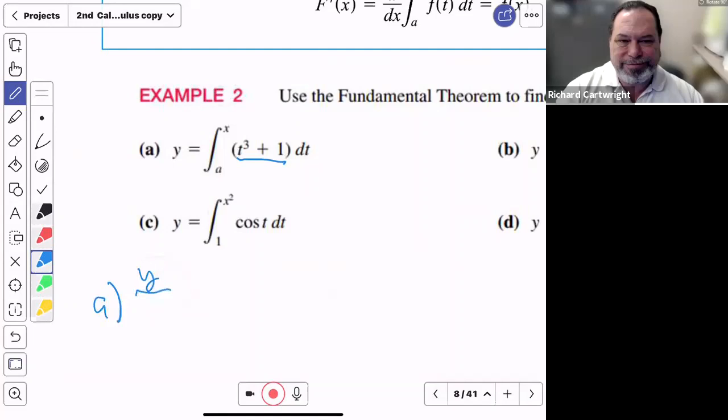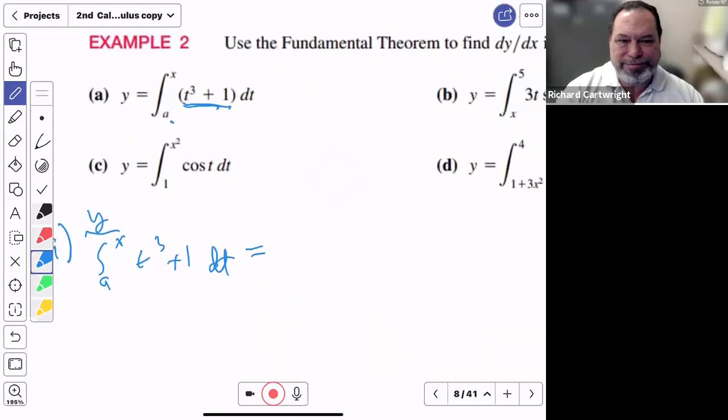If I was to find y, I'm going to integrate from some a, which just means a number, to x of t cubed plus 1 dt. Almost everybody in this class knows that means t to the 4th divided by 4 plus t from a to x